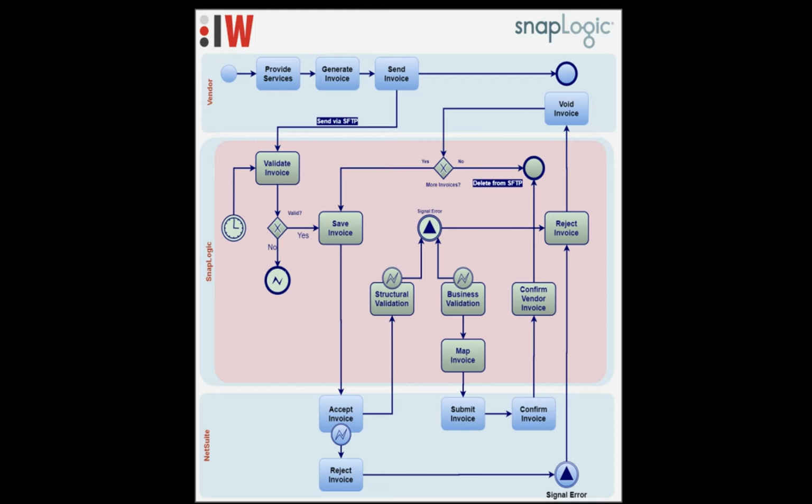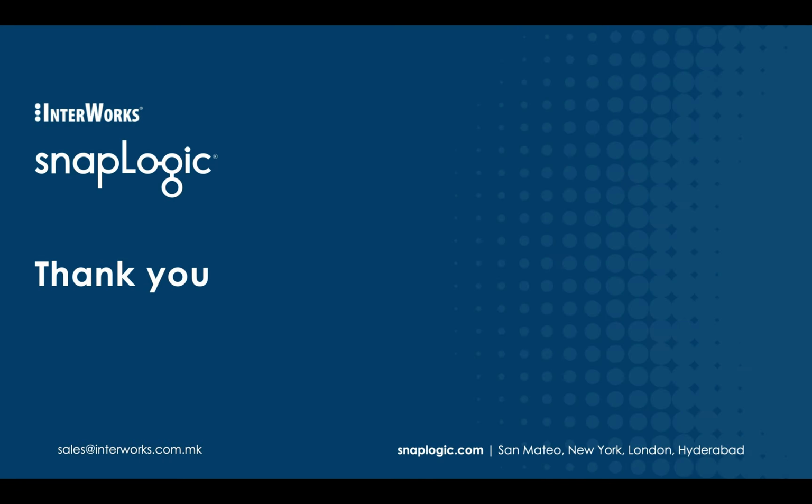Going back to the diagram, we can see how from an idea we came to realization in a short period of time. We started from the diagram and built pipelines step by step, taking in the raw data from the SFTP server, applying all the validations and transformations in a fairly straightforward fashion. This was made possible by having the large collection of snaps available, the Iris assistant, and all the other features that SnapLogic offers. Hope you'll find this video helpful for you and your colleagues.